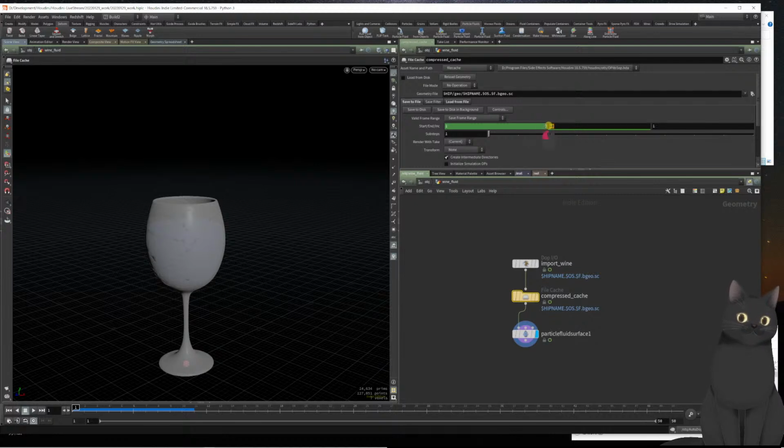And we're going to change that to 10. So you right click on there to get the delete. And we're going to change the name to, within the geo directory, we're going to create another directory called wine, and then we're going to call this the wine fluid $f.bgeo.sc, and the $f is the frame number, and the bgeo is the file type we're saving, and sc is